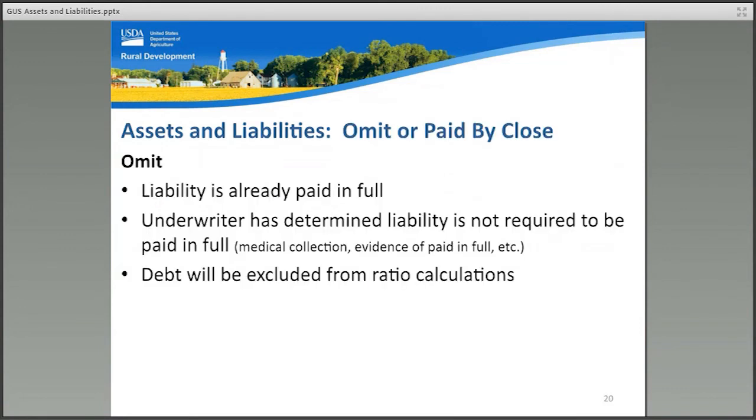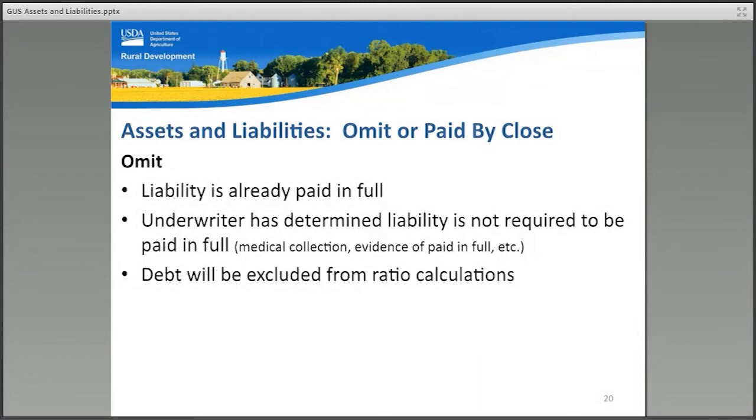A distinction must be made between omit and paid by close. Omit is typically selected when the liability has already been paid in full by the applicant and there is documentation to support a zero balance, or the underwriter has determined the liability is not required to be paid in full as a condition of loan approval.